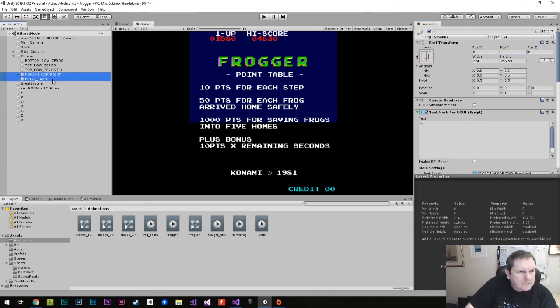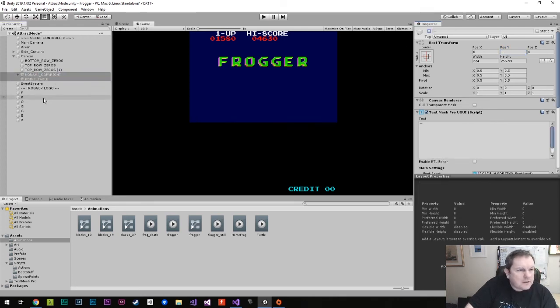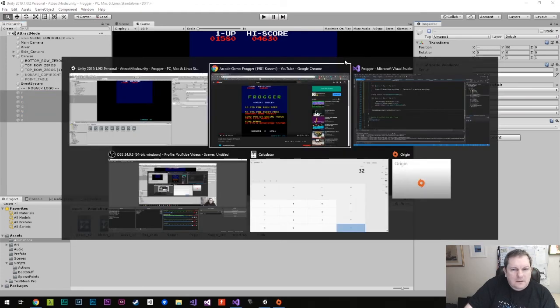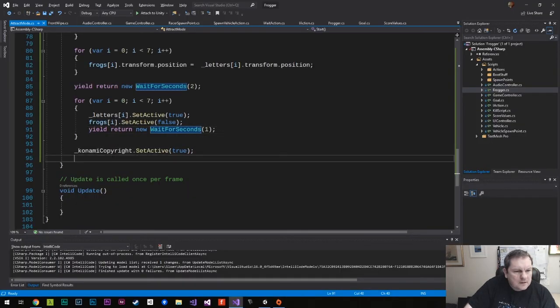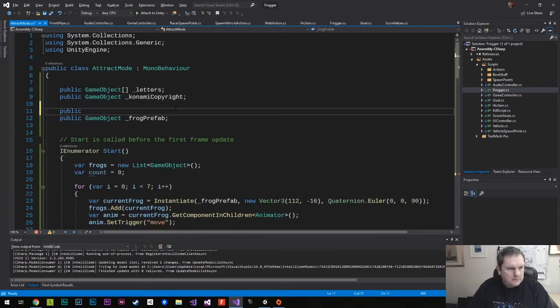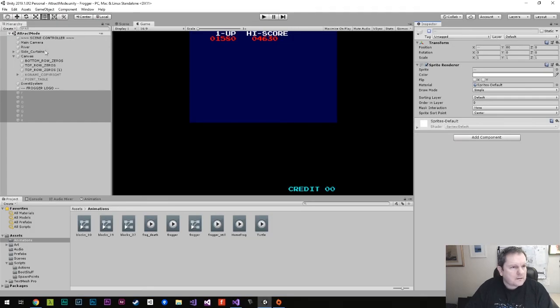So Konami copyright, point table, that goes away, and these go away, and pointTable.SetActive(true), and we need to have public GameObject pointTable in there, and then